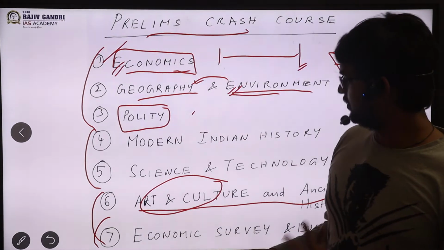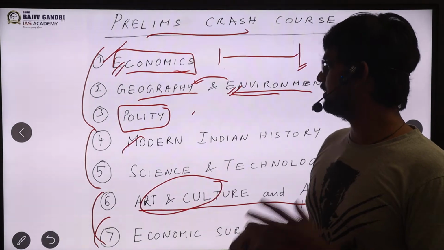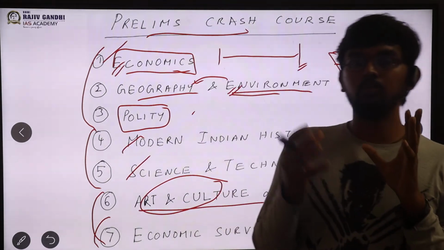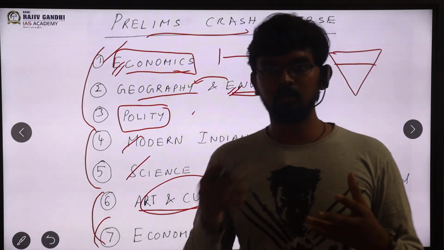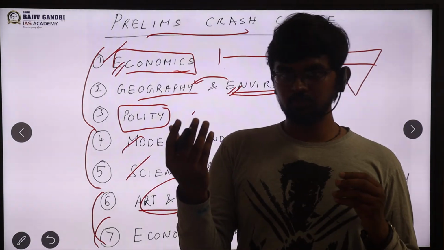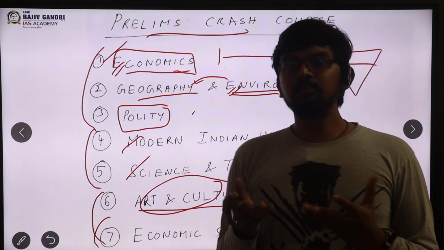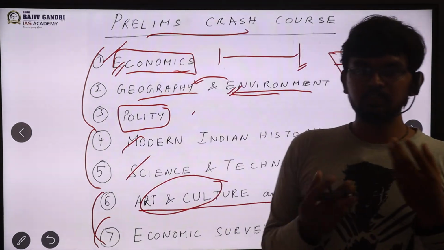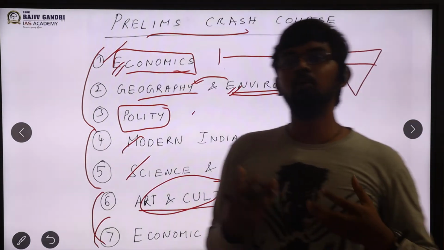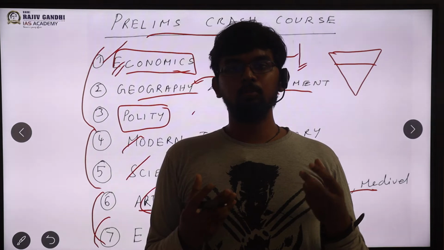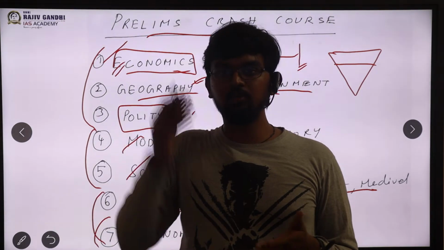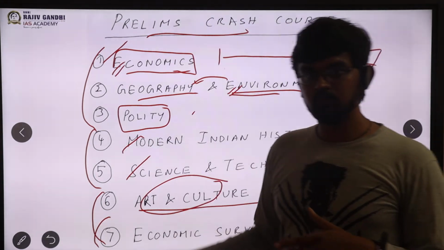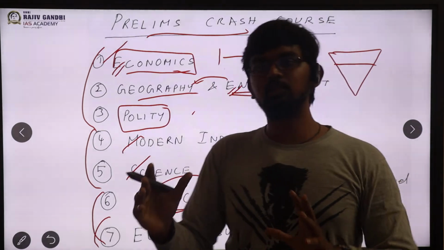Post that, we'll move to modern India, where I'll cover only the prelims aspect. Then we'll move into science and technology, where we'll look at logics. For example, what is a geostationary orbit, polar orbits, and the simple difference between a cruise missile and a ballistic missile. Apart from knowing government schemes and programs, we should also know the logics. Only if you know the logics will you be able to remember and eliminate. Overall, this course is only about building logics.